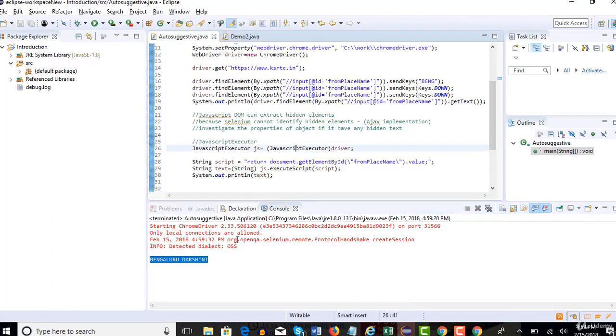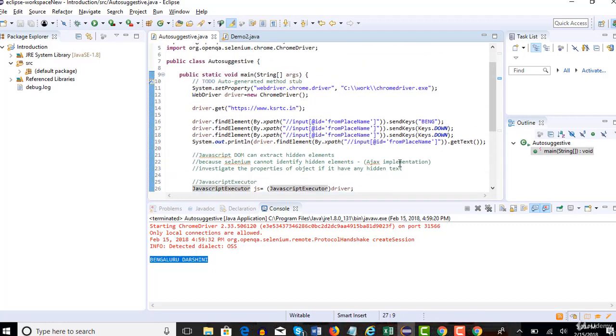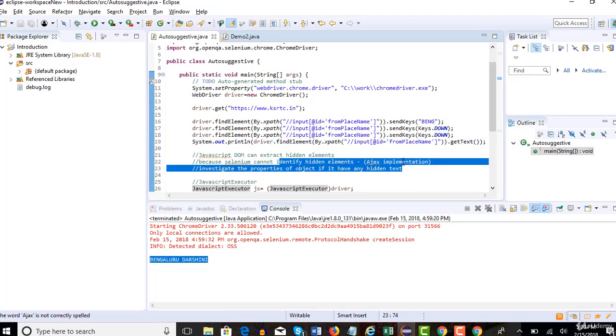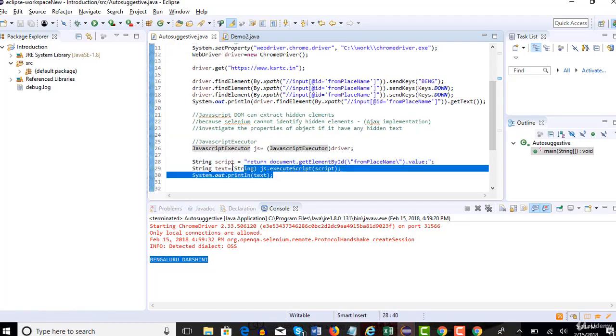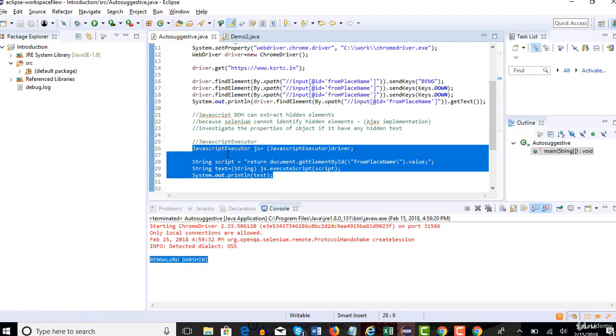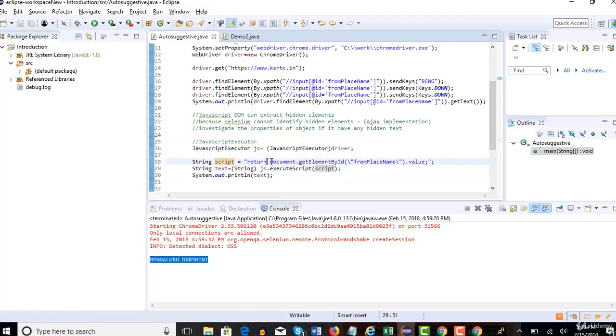Right, good. Earlier we could not get this. So check if something is wrong with your Selenium test, and if you have done everything correctly but you still don't get it, then see if there are any hidden elements inside it and try to implement JavaScript executor. It's very simple. Just keep these 4 lines handy with you, because I don't think creating the script is a big deal for you, because it's just like Selenium.